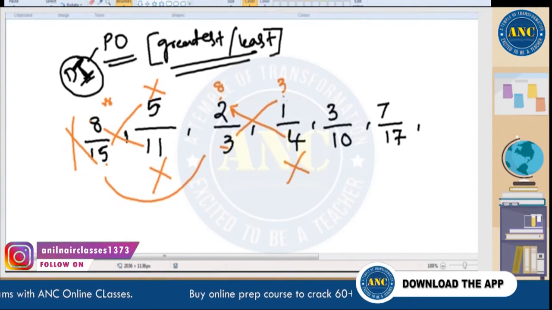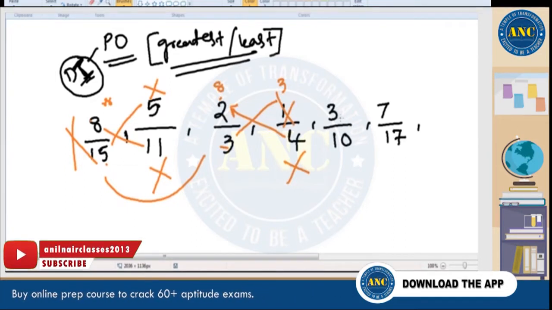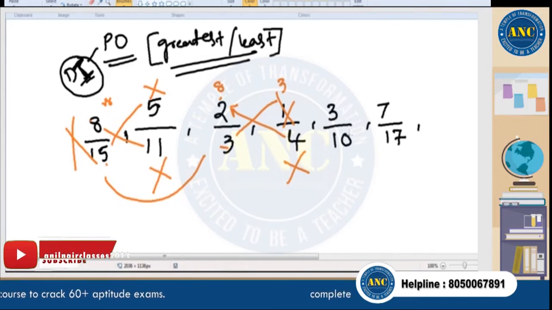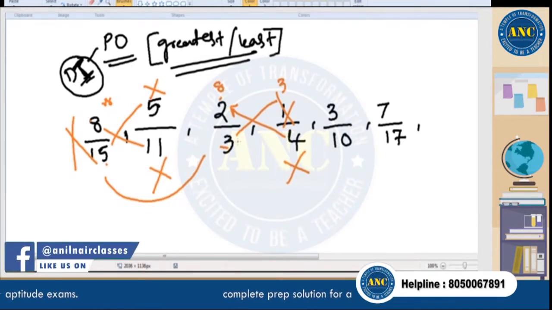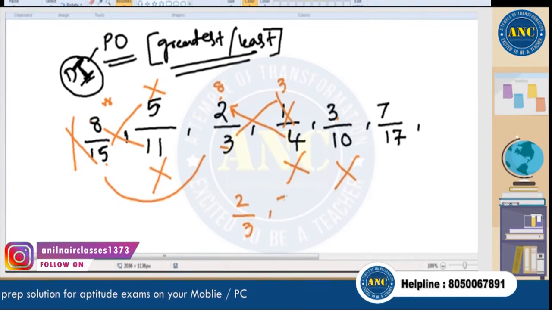I need only the greatest one. Forget about this ratio. Now it is actually 66. It is 0.3, which means 30%. But according to my method, 10 2s are 20, 3 3s are 9. 20 is the greatest. Now we are left with only two ratios, that is 2 by 3,